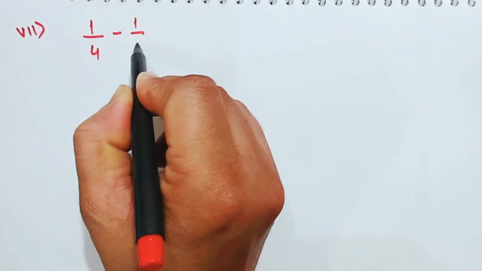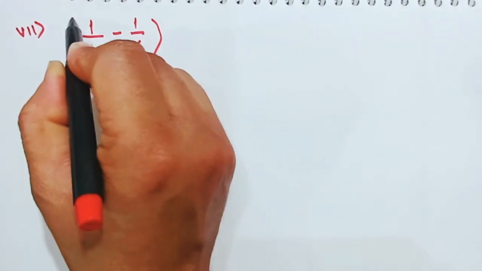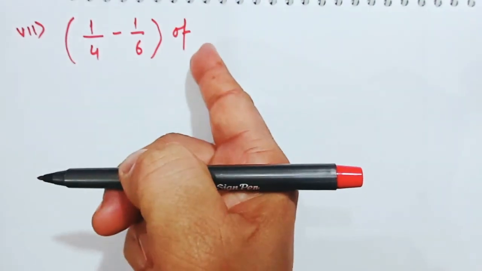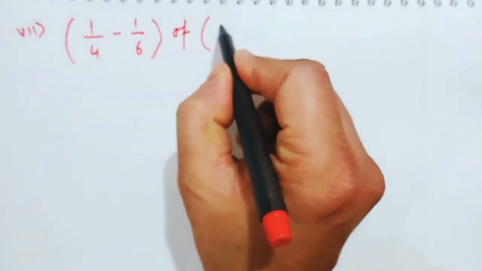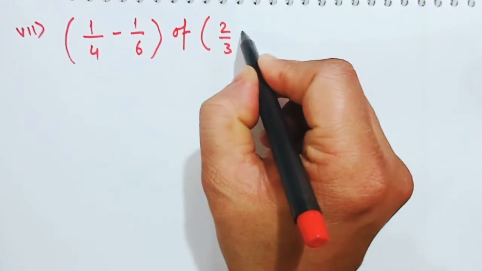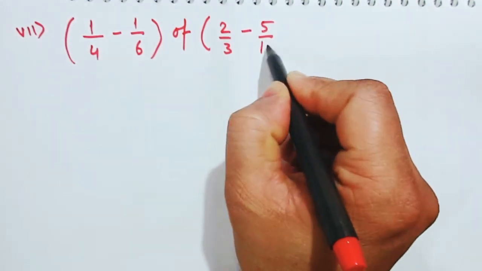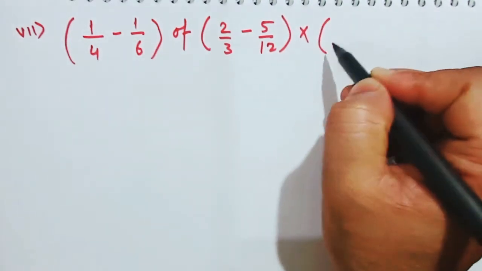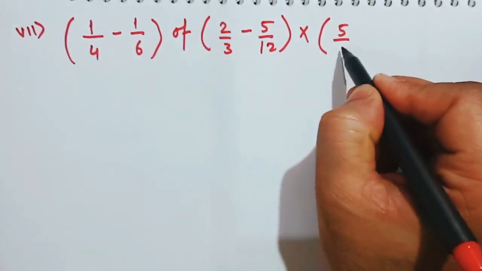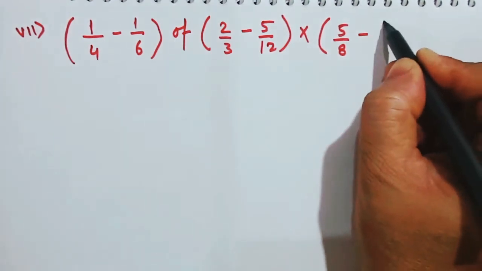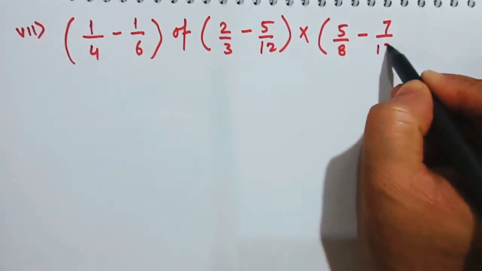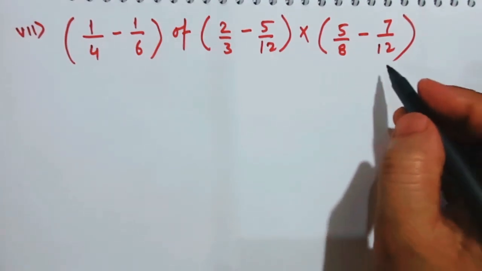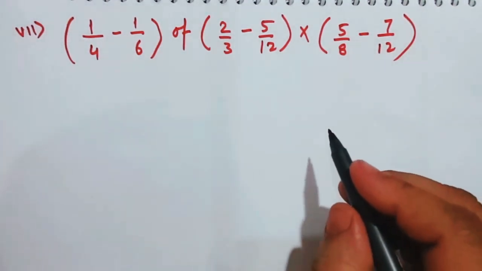1 by 4 minus 1 by 6. It is in bracket. Okay, fine. Of, see, of, BODMAS. Okay. So 2 by 3, as I told you, I'll keep on repeating it a number of times till it gets stuck in your brain. As soon as you look at these kinds of problems, you will only talk about BODMAS. If someone asks you what is the magic behind solving this kind of simplification, in no time you will say BODMAS. Bas.